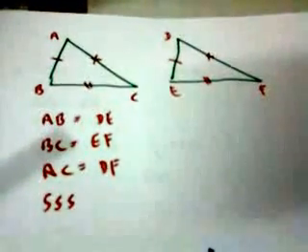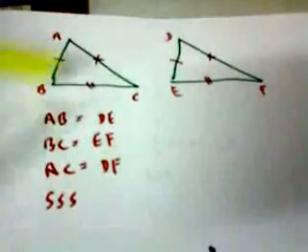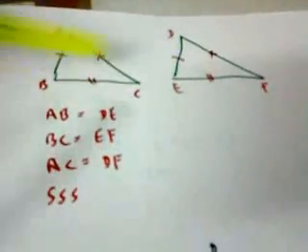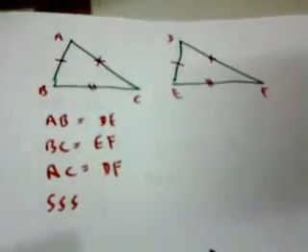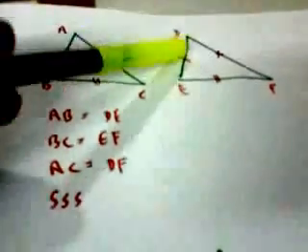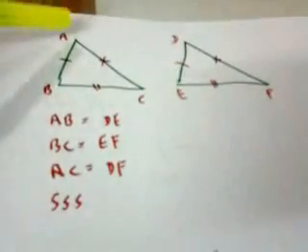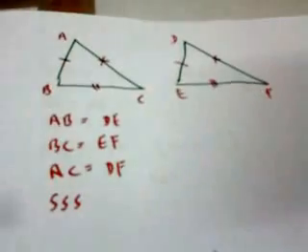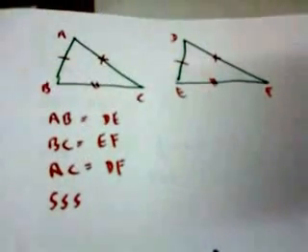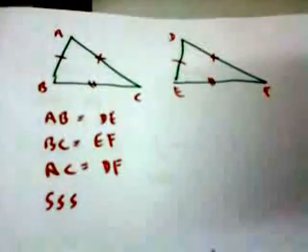What do we mean by corresponding sides are equal? AB equal to DE, BC equal to EF and AC equal to DF. Then AB is the corresponding side to DE, BC is the corresponding side to EF and AC is the corresponding side to DF. Then triangle ABC is congruent to triangle DEF by side-side-side congruence.